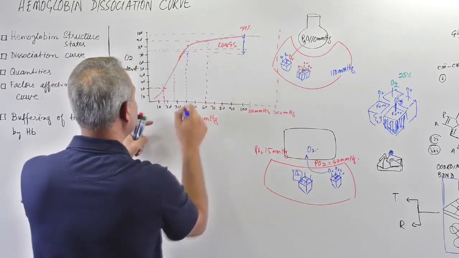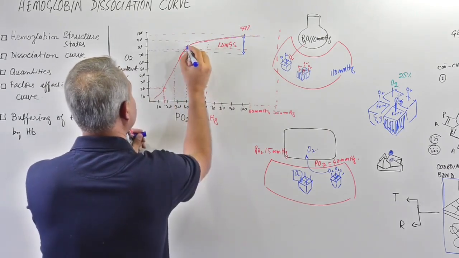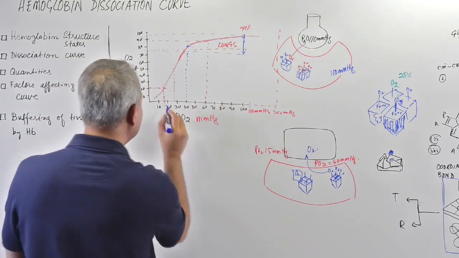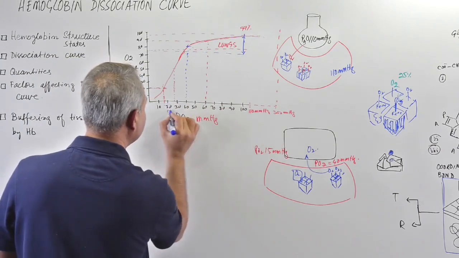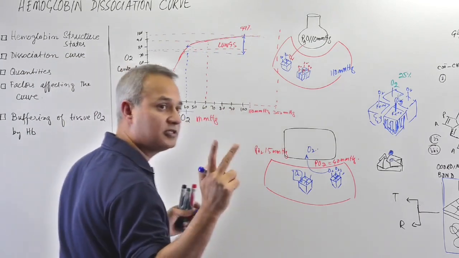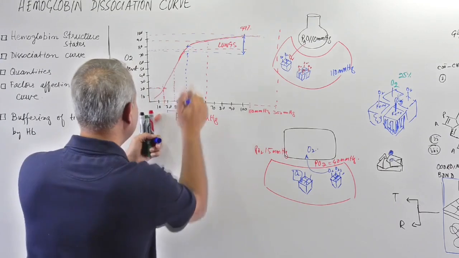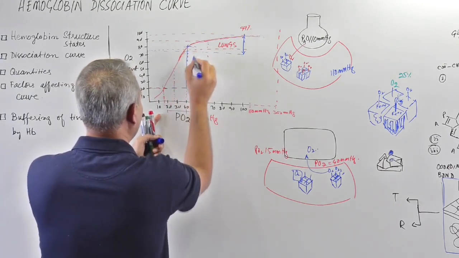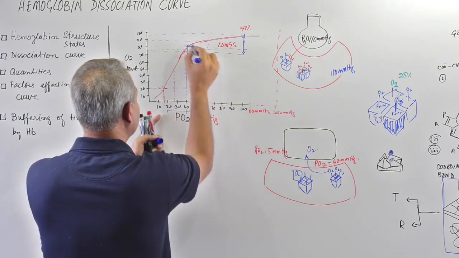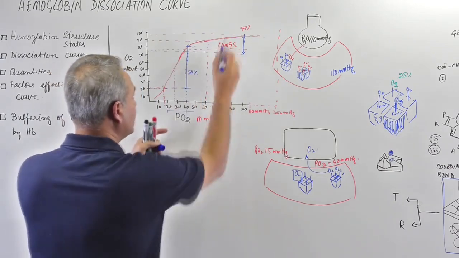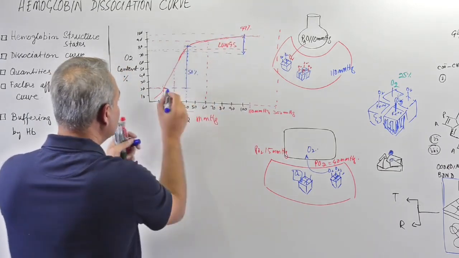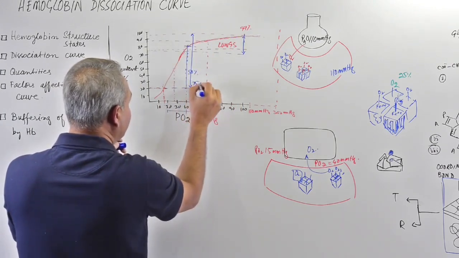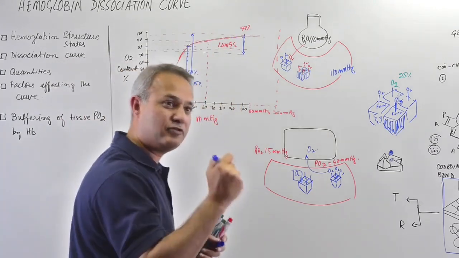How much oxygen? So let's say at 40 we had 75% saturated, 85% saturated. At 20, how much difference between the two pressures? Only a 20 millimeter mercury drop, but with that drop, look at how much oxygen dissociation is done. Almost 50% oxygen from here to here has been given off. So 25% already given off, 50 more. So total 75% oxygen is given off. That is the power of this